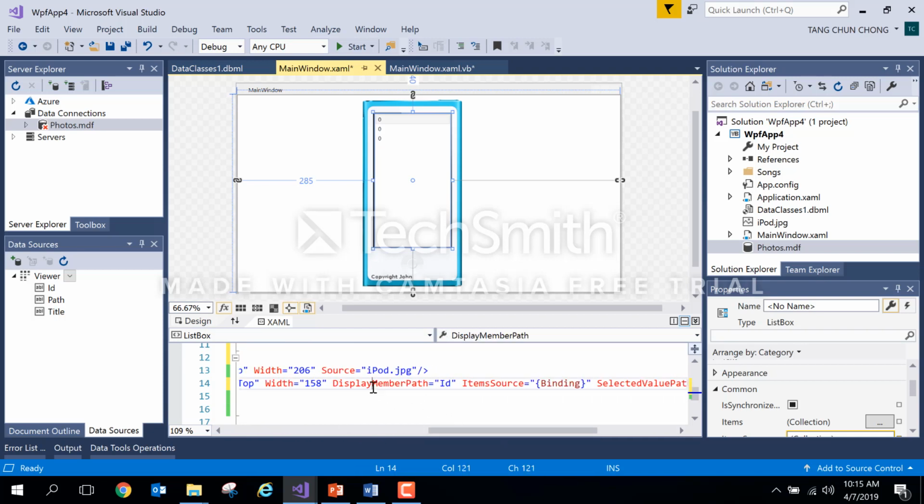And you'll be seeing that there's a display member path here. So type in the attribute name, in this case it is title, right? In case you use a different name, make sure that it is the same as what you have created from the database table, right? And then for the selected value path, I'm going to select path here, right? So again, just make sure that it's the same spelling as what you have already created from the database table,